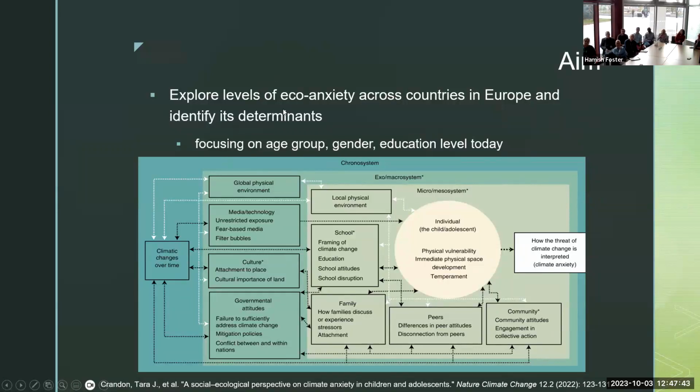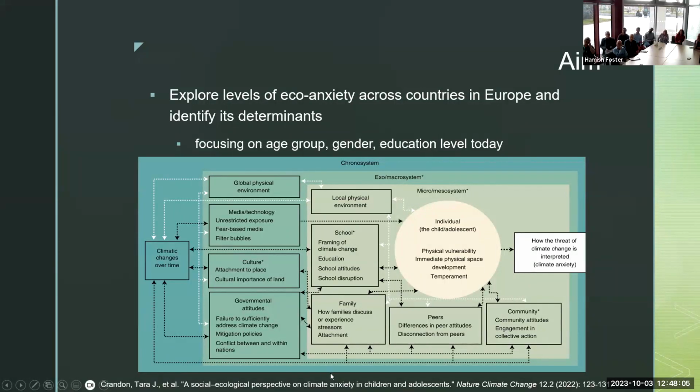So the aim was to look at eco-anxiety across Europe and identify its determinants, and today I'm just going to focus on age group, gender and education level. Ideally I'd want to look at all the different pathways. I'm not sure if that's possible with the data that I've got, but